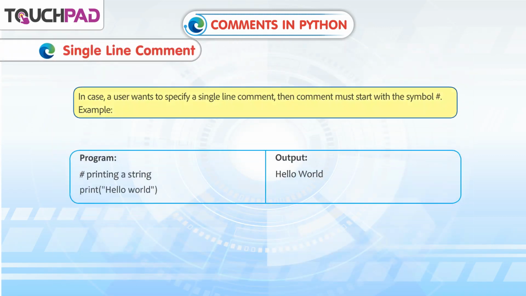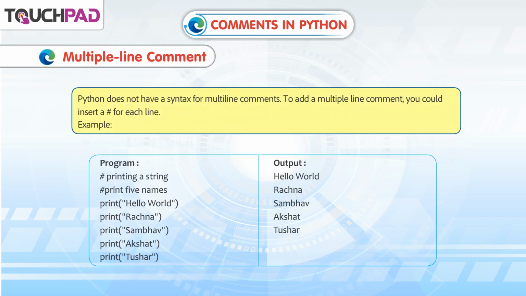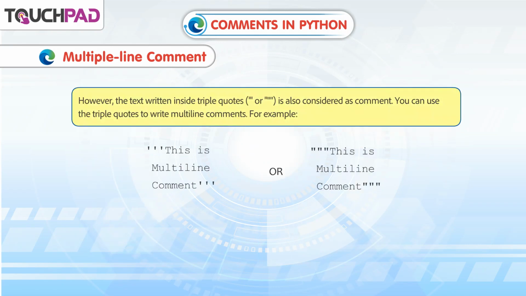Single-line comment. In case a user wants to specify a single-line comment, then comment must start with the symbol hashtag. Example, multiple-line comment. Python does not have a syntax for multi-line comments. To add a multi-line comment, you could insert a hashtag for each line. Example, however, the text written inside triple quotes is also considered as comment. You can use the triple quotes to write multi-line comments. For example,